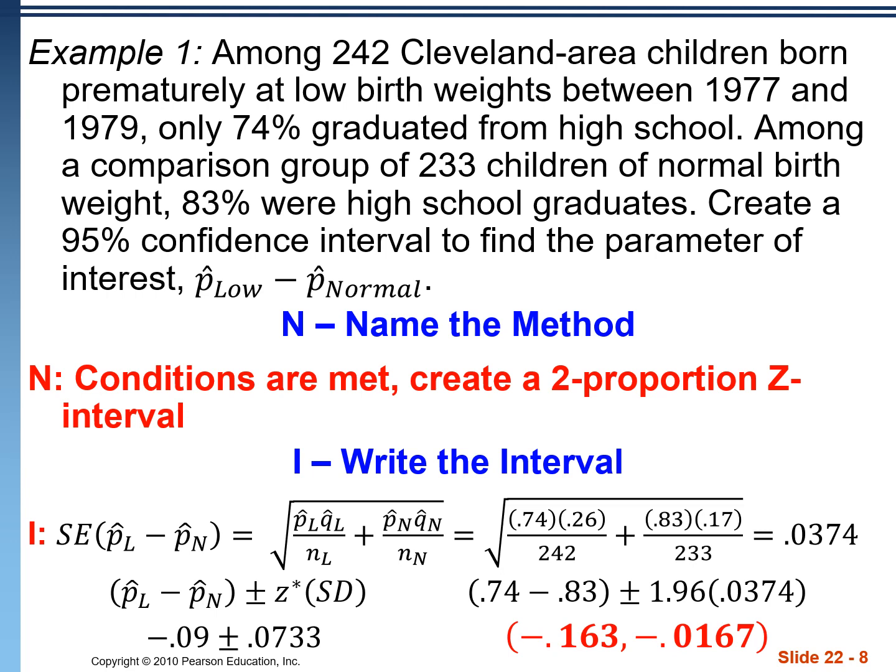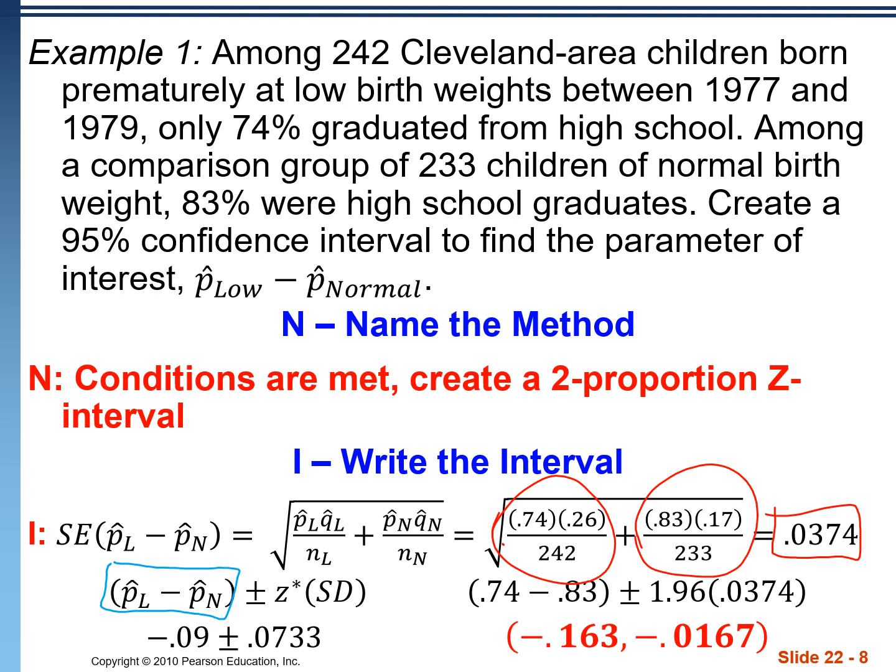So we take the standard deviation for the first sample, standard deviation for the second sample, add them together, and square root it. We're adding the variances to combine these two standard deviations. We get 0.0374. Point estimate for the difference of the two proportions is just the low group minus the normal